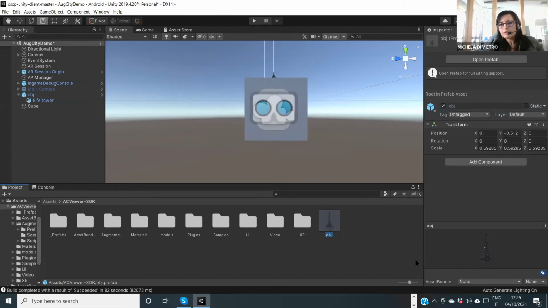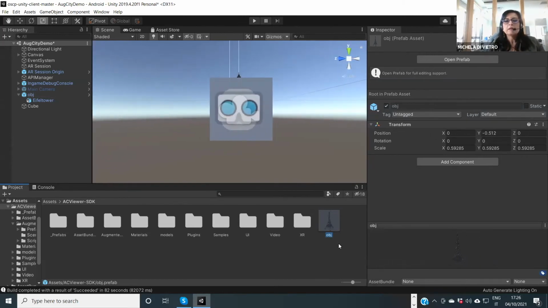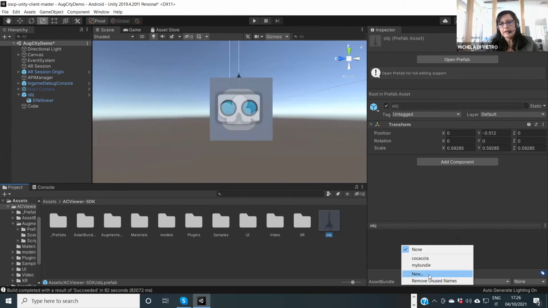Now, I don't know if you can see, okay. The further step is to assign a name to this bundle in this way. I select the object, and here I choose new.